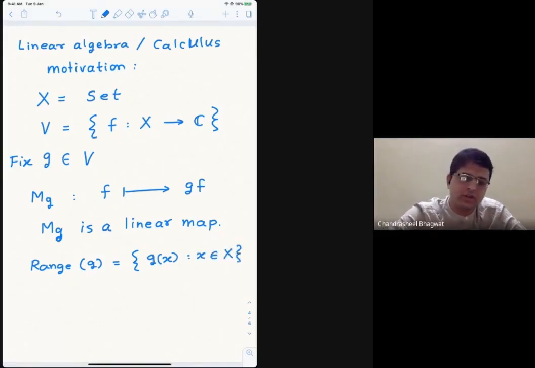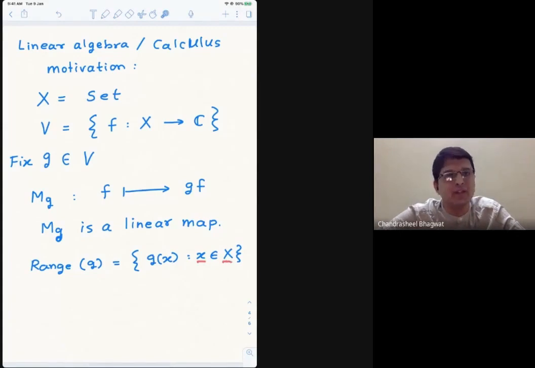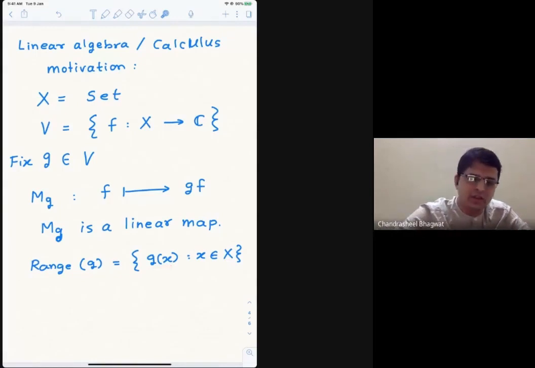So I'm not thinking of little x and capital X as variables here. Often we think of these as variables. In the later part of the talk, I might switch to these being variables. Right now, they're just thought of as this as a point and this as a set. So g of x is not really a polynomial kind of thing. It's just a complex number which is evaluated. So this is the familiar thing.